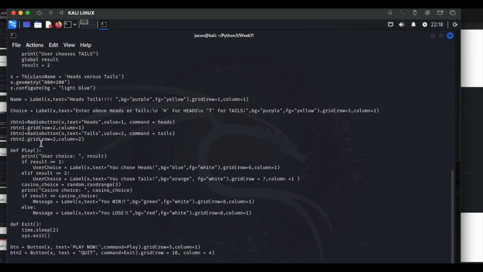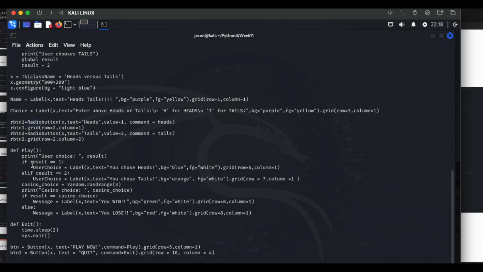Now, all that is meaningless unless it actually does something. Under the play method, which is activated by the button that says play now, when you press it, it executes, or calls, the play method. It prints the user choice.